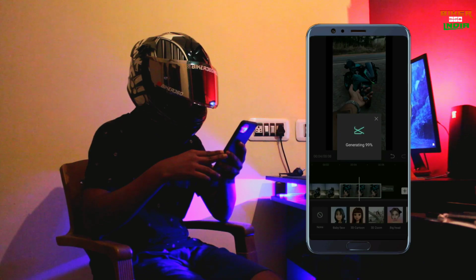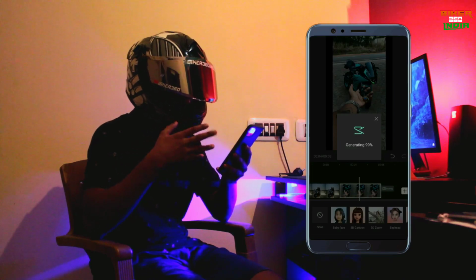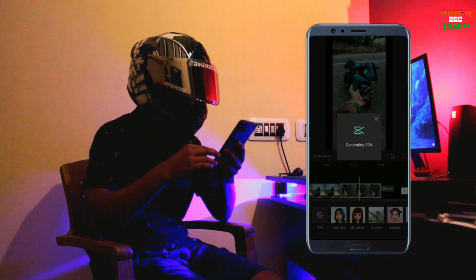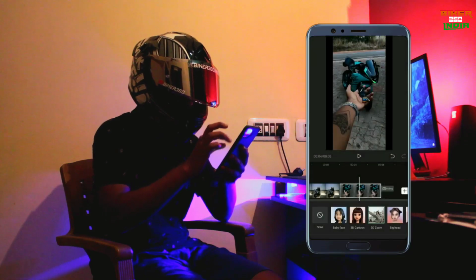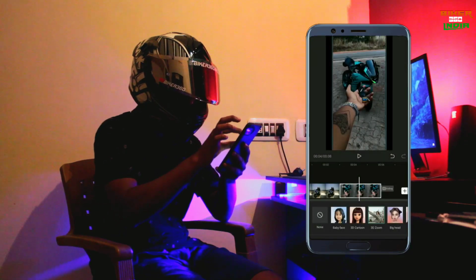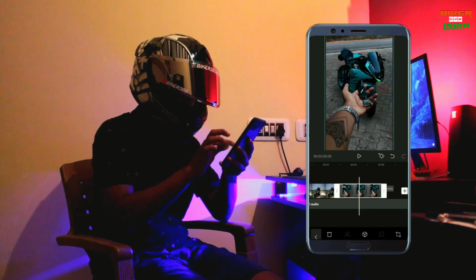Let's load. Okay, generate. I don't have patience actually to wait. But I need to control. After this, tick mark and do it like this. Zoom it.